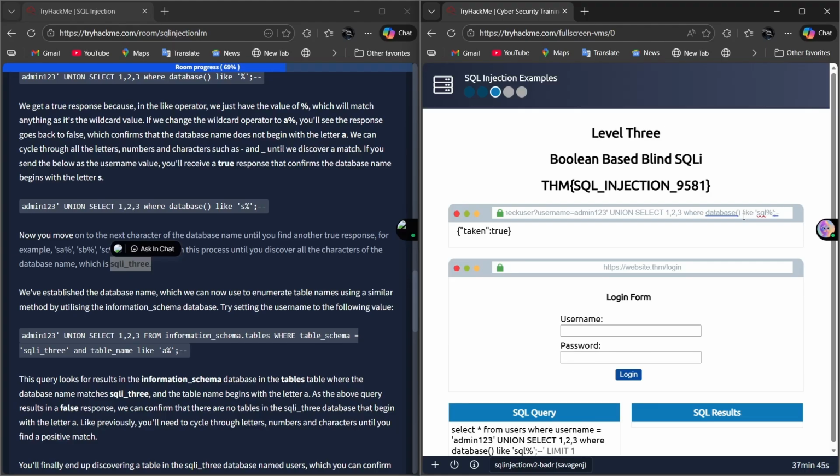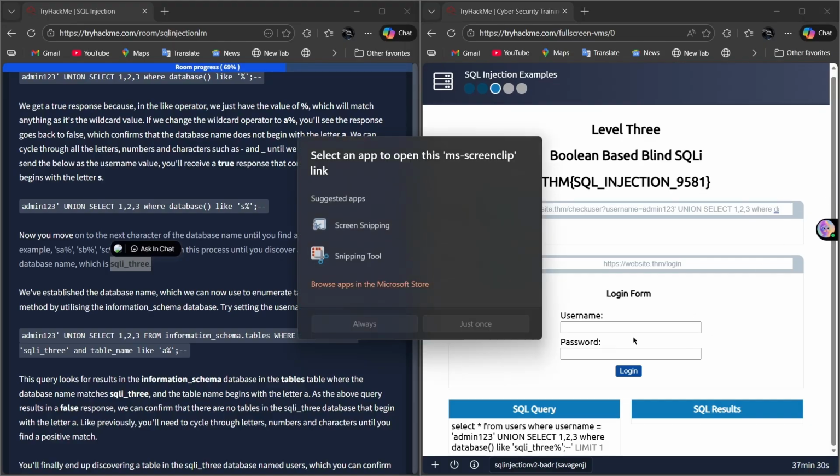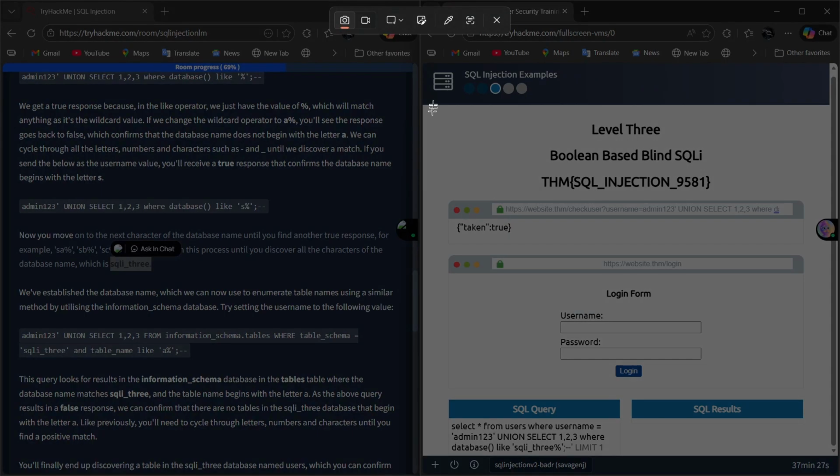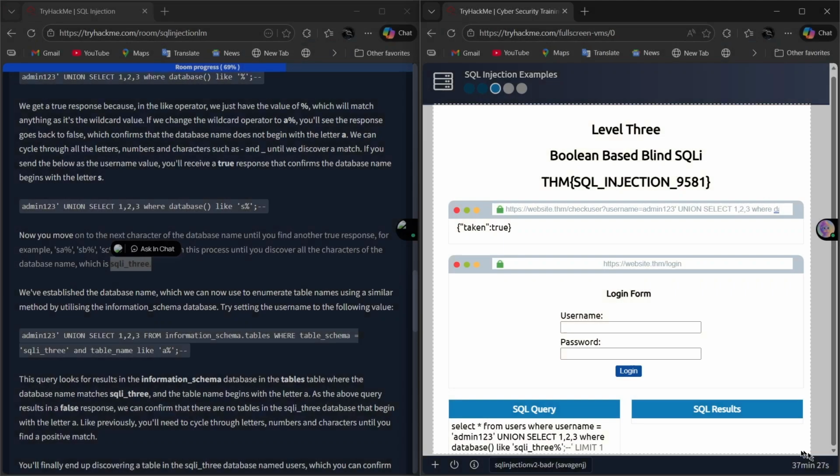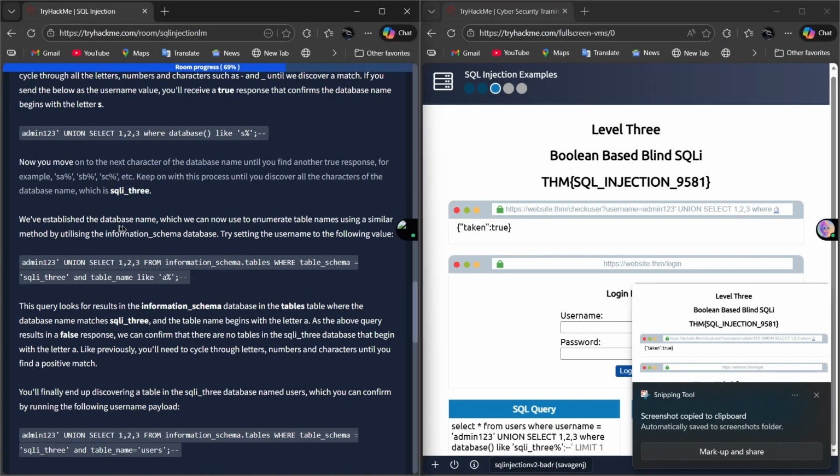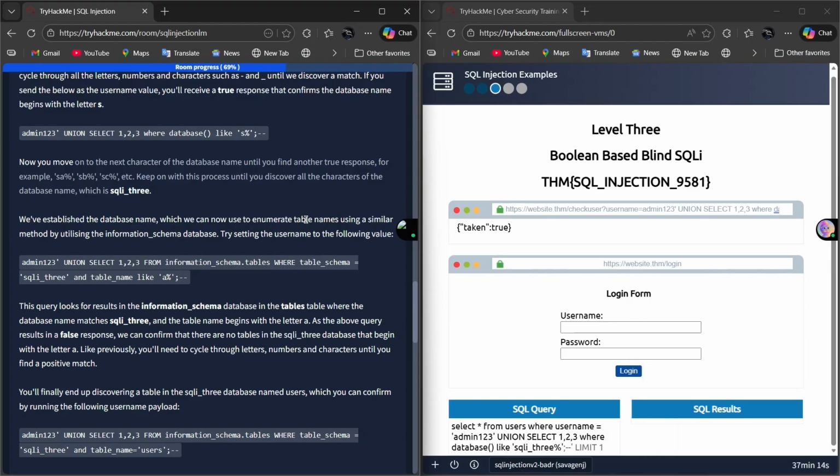For that, we can do this. Then I, we can do this. After that, we get this one. True, three, true. Okay. So this one we got. We have established a database name which we can now use to enumerate table names